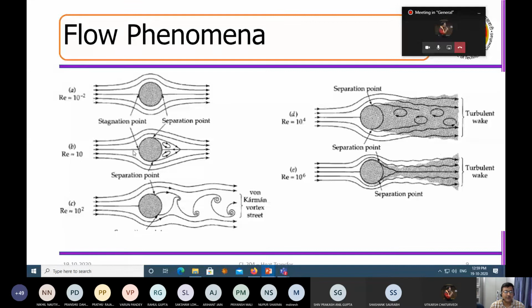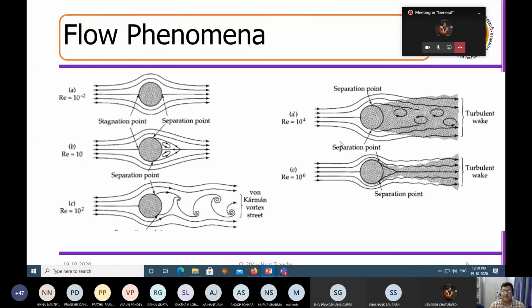But if you increase the flow, what will happen? It will not always stick to the wall, but it may just separate from the wall and it can create recirculation like this. In that situation, if you increase the flow further, what will happen? There will be vortices that are generated. Beyond that, this is still a laminar flow because you can see the Reynolds number is small.